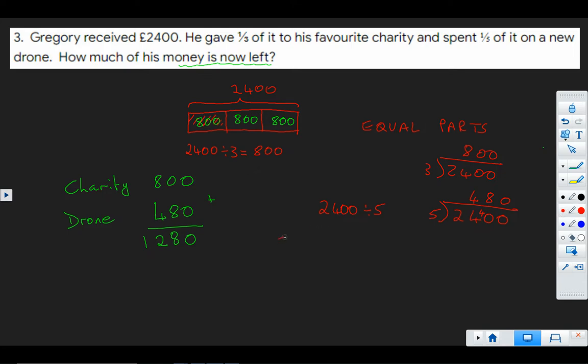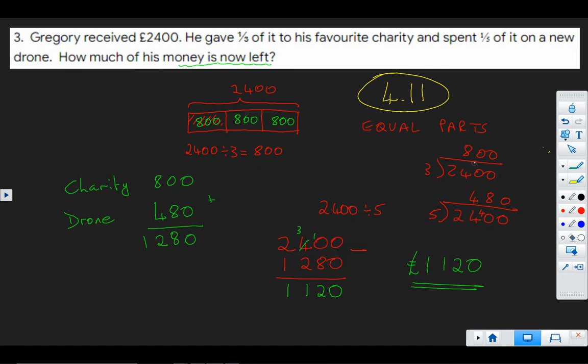So we're going to have to do a subtraction for 1,208. So 0 take away 0 is 0. 0 take away 8. Now 8 is bigger than 0, so we will borrow 1 from here. 10 take away 8 is 2. 3 take away 2 is 1 and 1. So the amount of money left, remembering our units, is £1,120. And the nugget that we should be going to practice there is